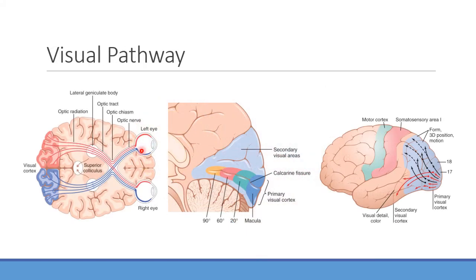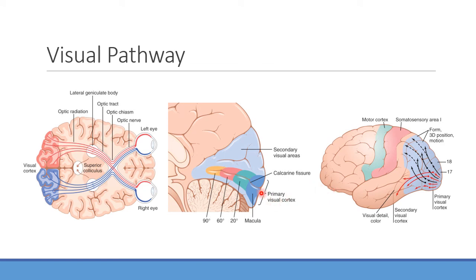Again, this picture shows the same sort of thing. If you're focusing something on the medial aspect of the left retina, it's going to come along, stay along the left side of the brain, and end up here. Similarly, things shown on the medial aspect of the right retina are going to end up in the same place. It crosses over that optic chiasm there, right?